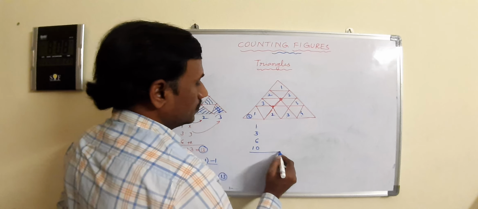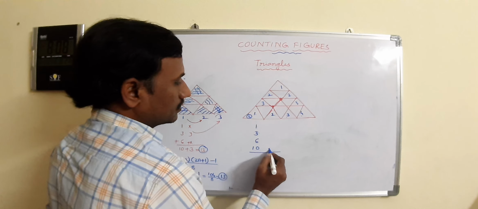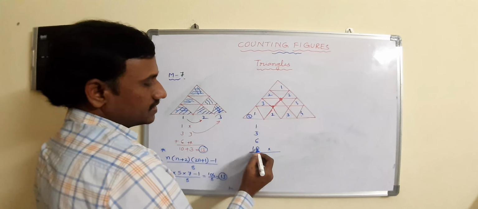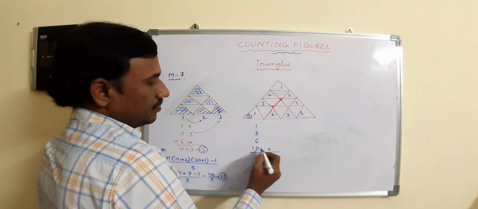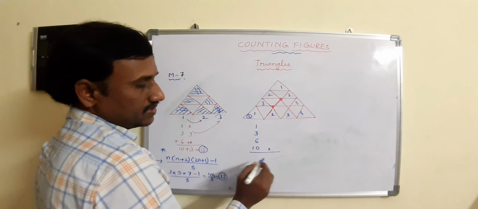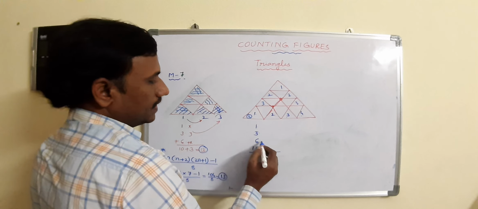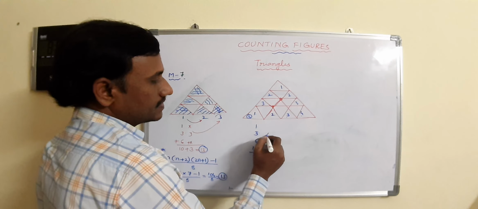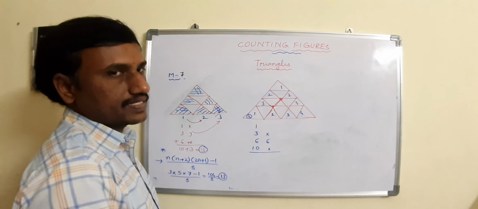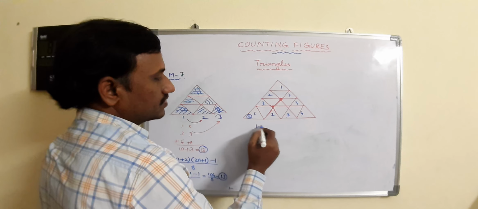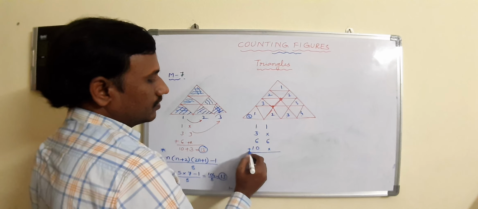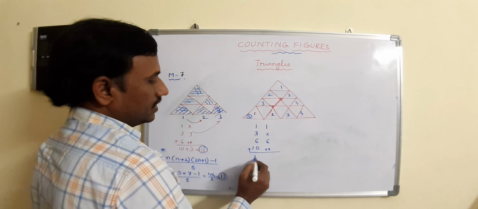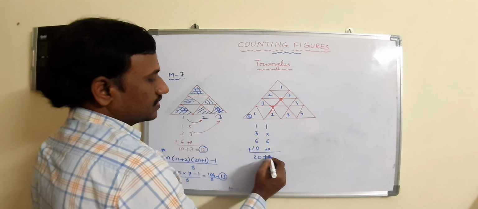Now what do we have to do? Skip the first number. In the second column we write from bottom to top. First skip the first number, whatever it may be. Bottom to top, 10 is the first number, so skip it: you can put 0 or a cross. Next, write the next number as it is, 6 as 6. Next, again skip, meaning we skip alternate numbers, and write the remaining as they are: 1 as 1. Now find their sum. 10 plus 6 is 16, plus 3 is 19, plus 1 is 20, plus 6 plus 1, 7.